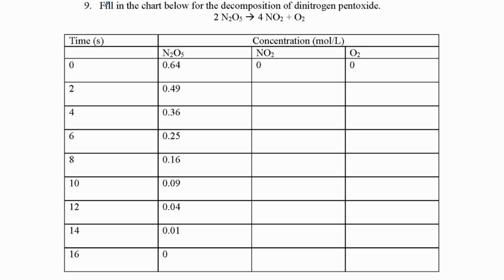Okay, I'm going to show you how to solve or fill in the chart for question 9 on the unit review. This is very similar to part 2 of the kinetics graphing assignment, where you had to fill in the chart before you could make your graph. So the first thing you need to do is look at your balanced chemical equation, and that is going to tell you how to get from the concentration of N2O5 to the concentration of NO2, and then also from N2O5 to O2. So what we would do is we would take, because we're starting with N2O5,